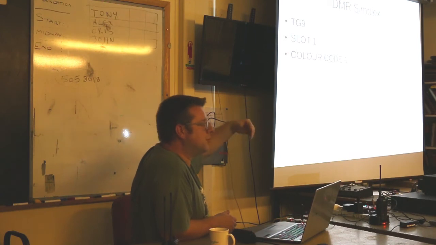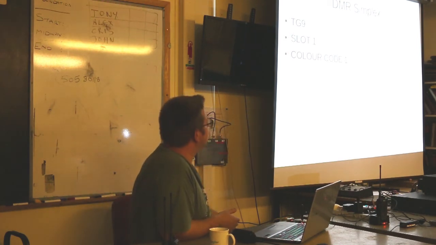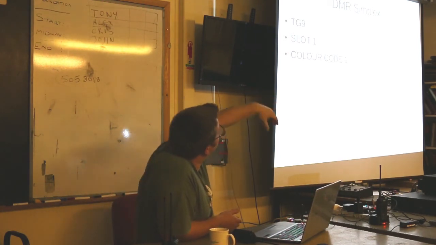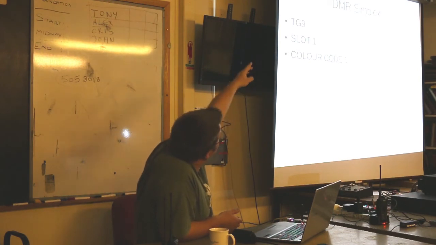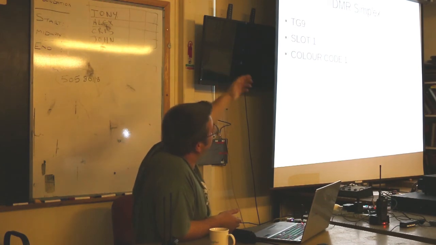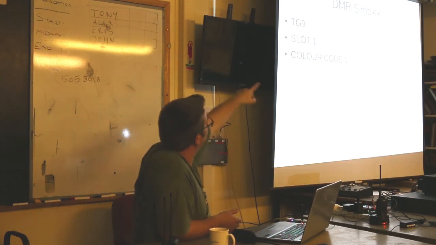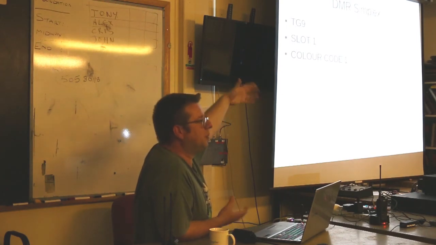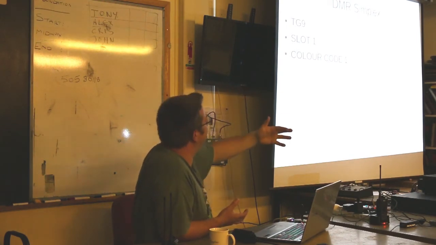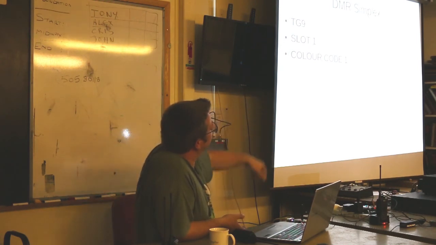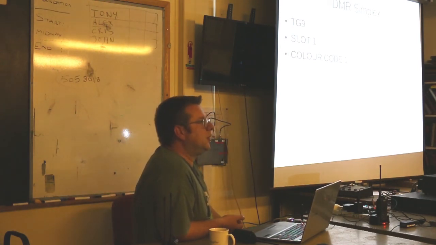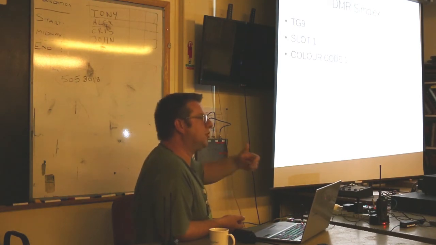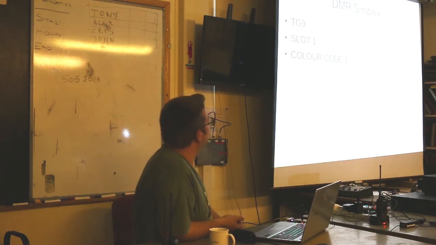Which colour code, just to recap, is like CTCSS. So if you've got any of those set to something else, say the talk group set to 8 but you've still got the other 2 set correct, you won't hear them, unless you're in promiscuous mode, then you probably would. But you're definitely not going to hear them if you're on the wrong slot. That's a definite no-no, because you're not even syncing up with where they are. And you're probably not going to hear them if you've got your colour code set to the wrong number. Just like you're not going to open up an analog repeater if you've got the wrong CTCSS tone. It's not going to like it.